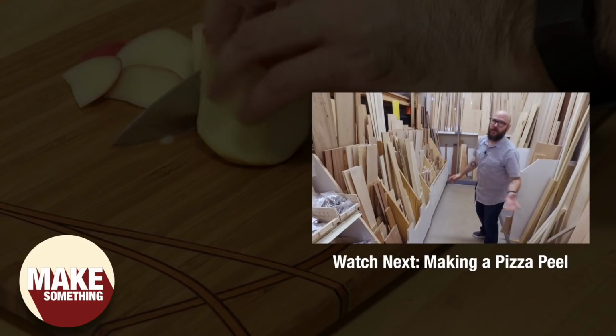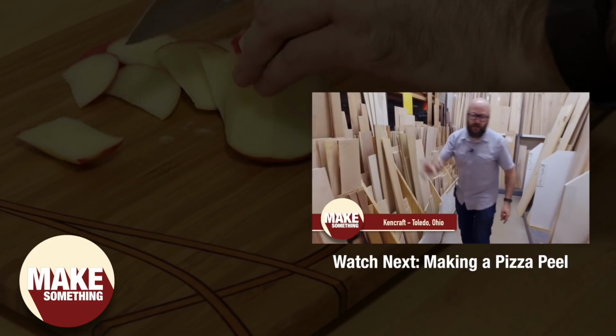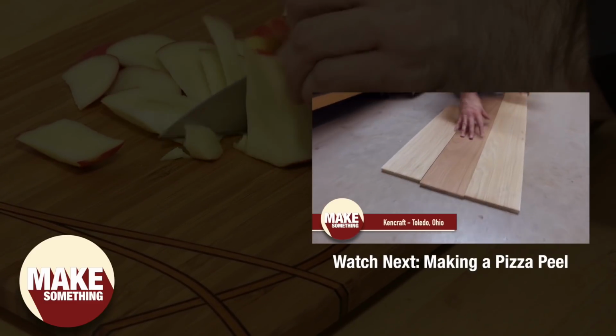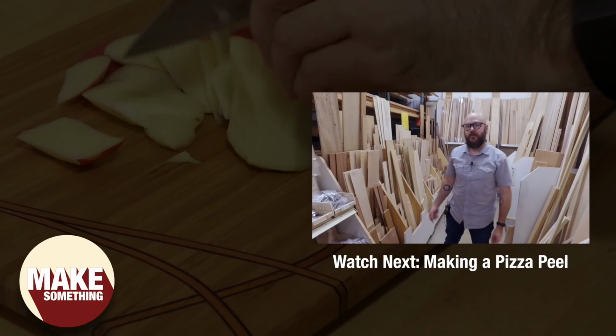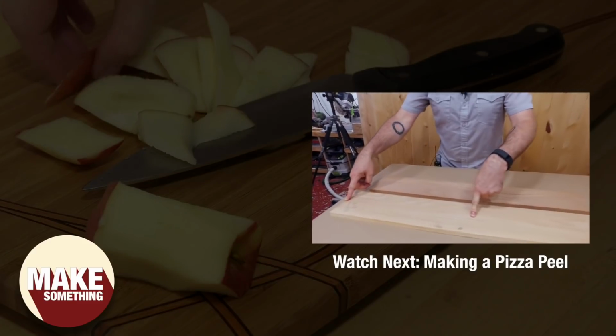We are here at Ken Craft Hardwoods, and I am looking through some 1/2-inch boards to make a pizza peel. And what I think I found is I'm going to do a centerpiece of mahogany and then have hickory on both sides. So let's head back to the shop and make this pizza peel. I'm going to cut two 16-inch pieces off of that and then glue